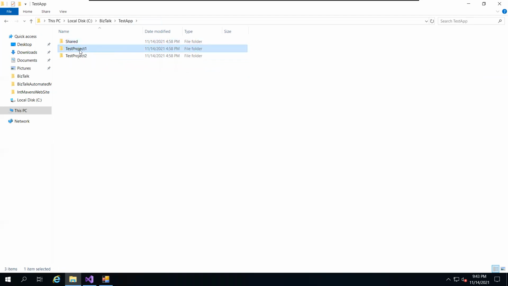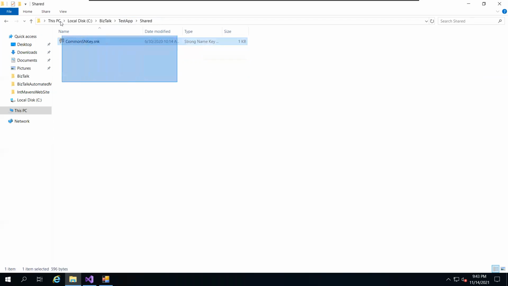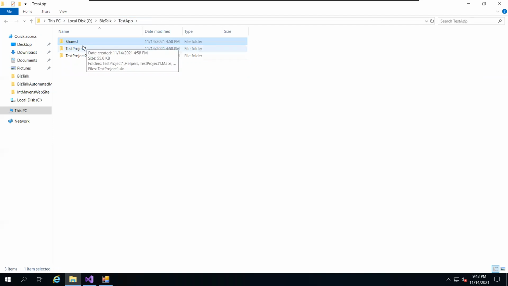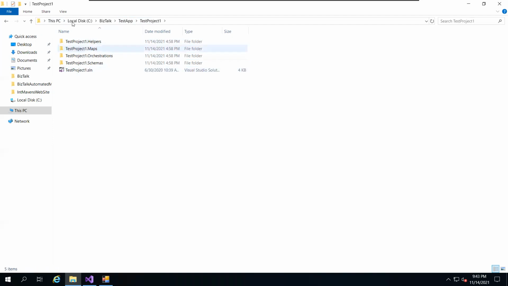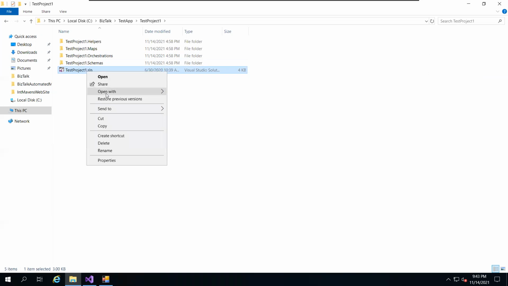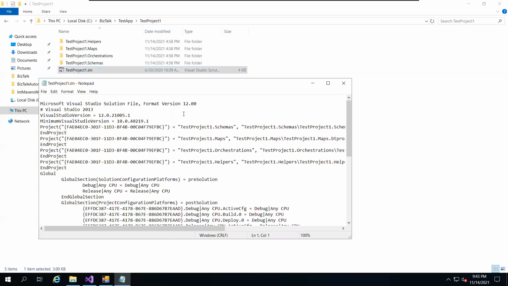Similarly, I have created two solutions, test project 1 and test project 2, and also a shared place where I have kept a common SNK key. Also, one thing to note: there isn't any BTDF project added here, right? That is one thing which will be added. And obviously when we upgrade, this Visual Studio 2013 will be changed to the latest Visual Studio version. That will also be an indication.